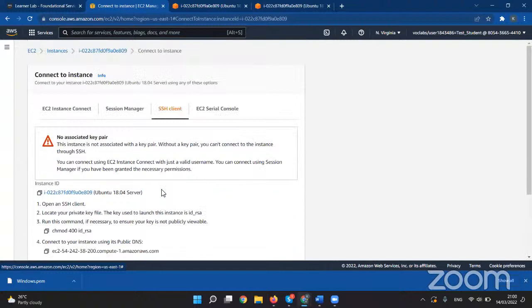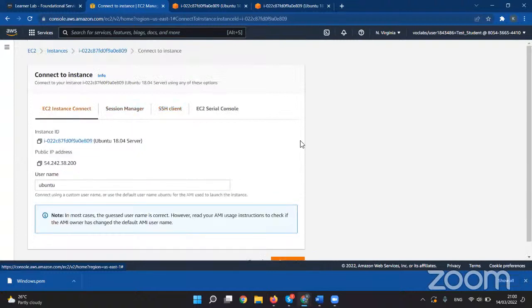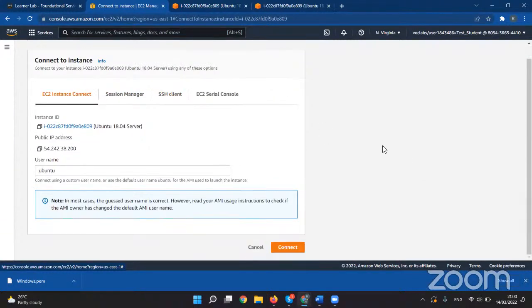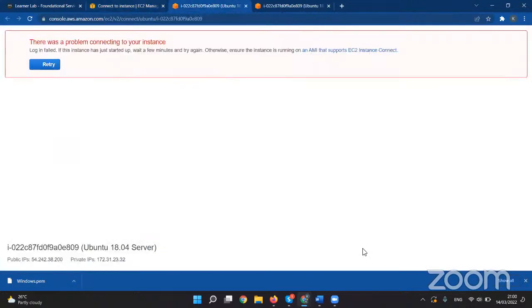I think there's an issue with SSHing into this EC2, but I'll try to troubleshoot and check on it. So do have a lovely time. Unless there's any query, I think I'll leave it at that. I'll stop the live stream. So kindly try to get onto your Learner Lab, try to do things, and tell me what you think about